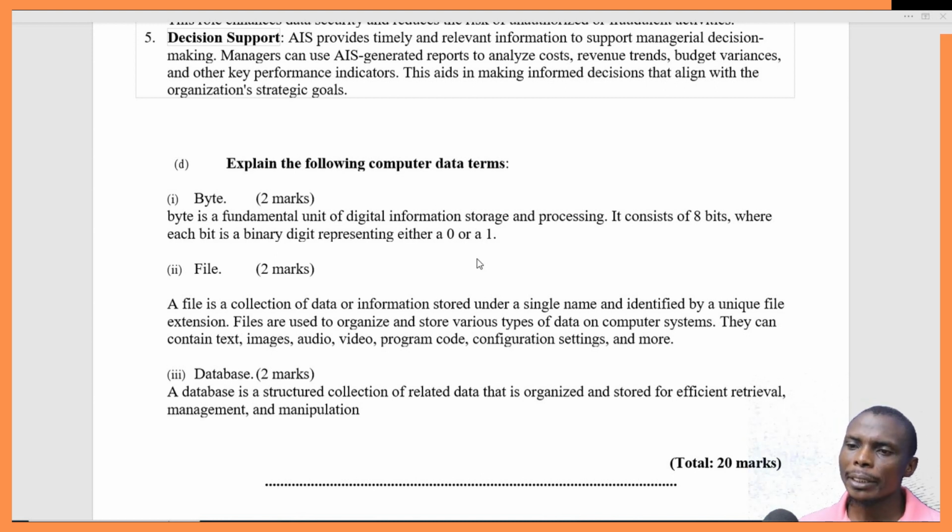Then we have database. So a database is a structured collection of related data. These data are organized and stored for efficient retrieval, management, and information. So a database is a repository. You can say it's a storage. It's a place where data is